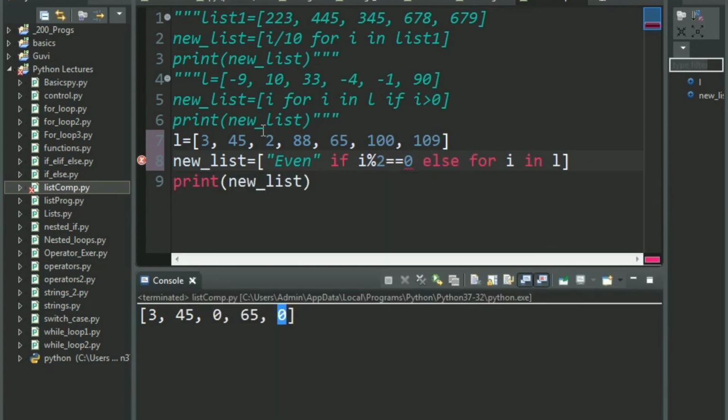Else just return the string odd. Okay, that's all you have to do. Keep iterating till you reach the end in list L.